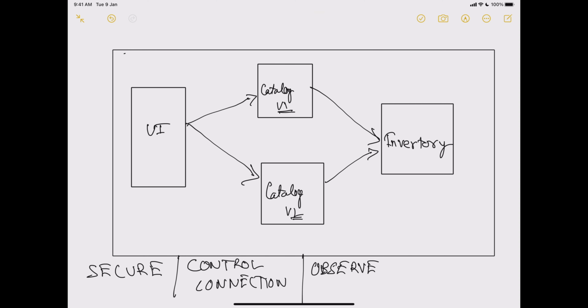What if my catalog service goes to inventory and the inventory service is down? If I want to handle that kind of scenario, currently I will have to put that logic, not business logic, but application logic, inside my service, which handles all the circuit breaking or retry logic. So that's the observability part which I also want to tackle. And then I also want to control the traffic.